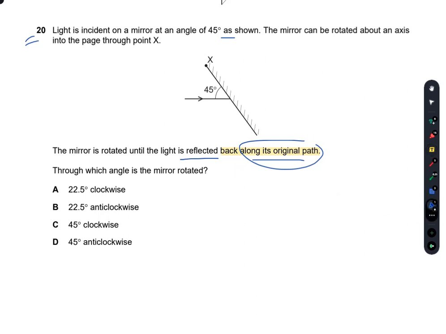What does this mean? This means that if I place this mirror X at this point, light will come in this direction and it will move in the same direction as well. Means that there won't be any divergence of light here. There won't be any reflection. So now I have to calculate the angle by which I have to move this plane mirror X so that the light is reflected back along its original path. So if it is 45 degrees here, then obviously I have to move it like this, and this would also be equal to 45 degrees.